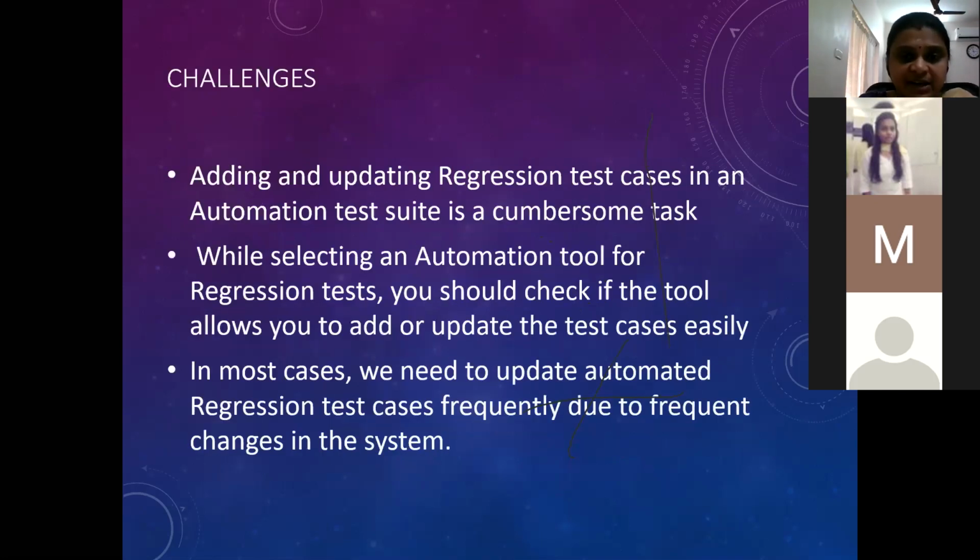What is the challenge here? Can you think of any challenge here, whatever we were talking about? I'm talking about automating your entire regression test suite. So that is definitely a very cumbersome task. We are going to add, and what would be the biggest challenge here? What happens if the test case is going to change? Likely to change. Why should it change? The functionality has changed, possible, or we are going to add a few more test cases.